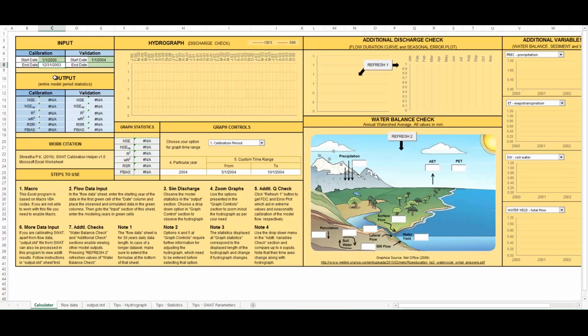So the end date of calibration is automatically calculated, and the model simulation runs up to 10th of October of the year 2006. So those are the inputs required in this input section. Now after this we have to go